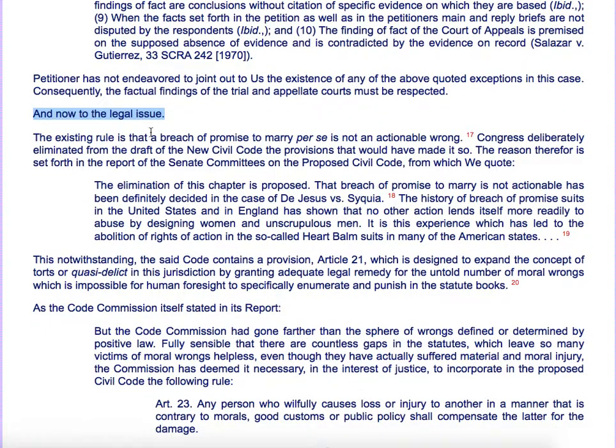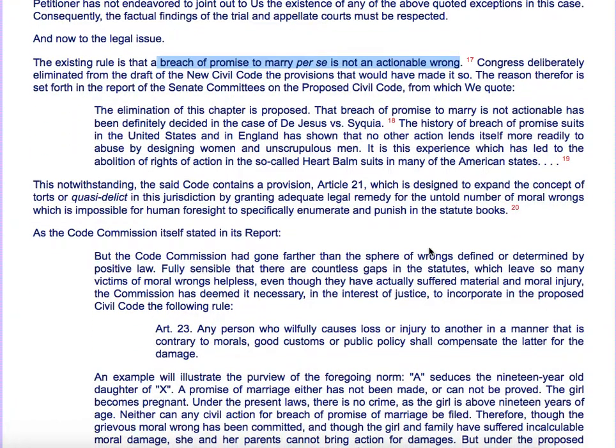The existing rule that the breach of promise to marry per se is not an actionable wrong. So, breach of promise per se, by itself, hindi siya actionable. Na parang, kung nag-promise ang boyfriend mo sa'yo, okay, pakakasalang kita, pero binaliktad ka niya, by that alone, hindi ka automatically mananalo for damages. Yan ang sinabi ng Supreme Court. Okay? But, kaya lang,